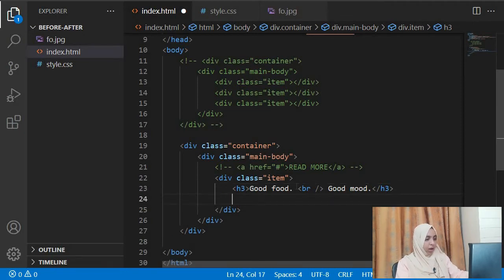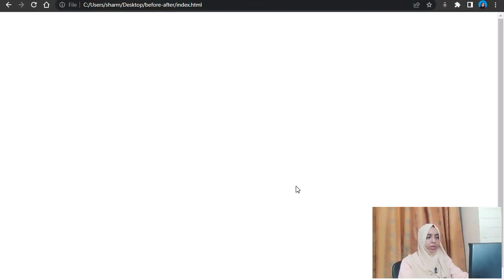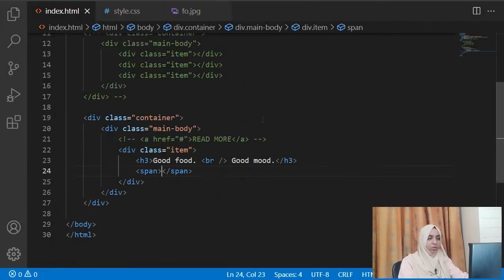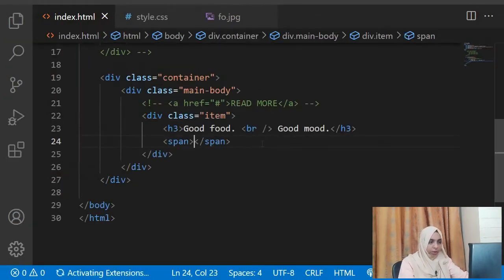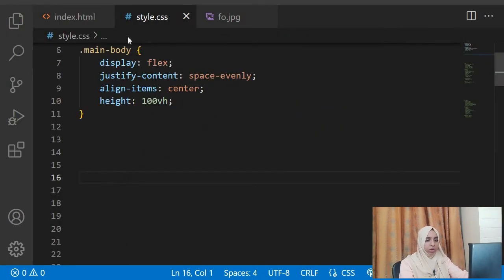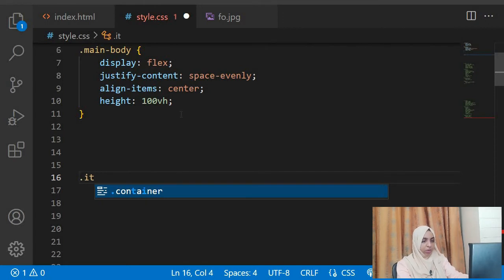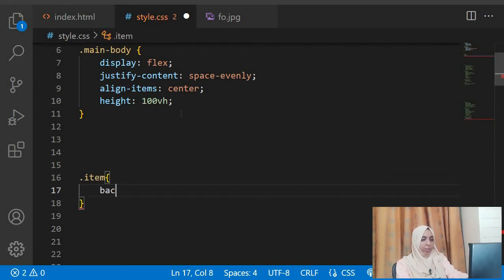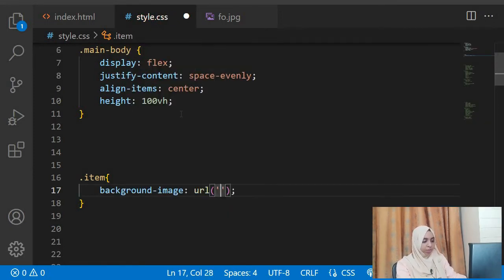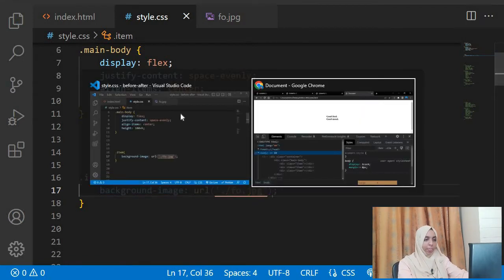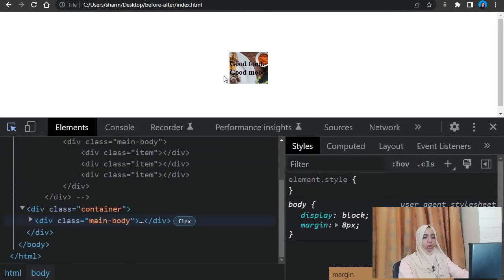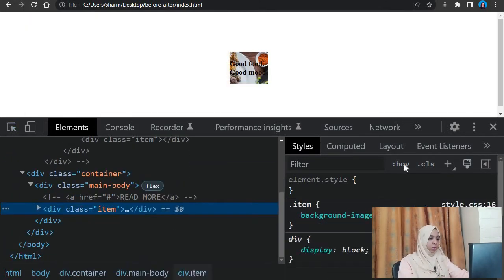Okay, and let's have an empty span. Alright, we refresh. You just see this good food, good mood, because we have to call the image in the background, this foo image, right? So let's use the inspect to do that, or maybe we can go into the style sheet and we can use the item div over here, and we can say background image, you say URL and /foo.jpg, and when you refresh here the image should appear, hopefully. Okay, good. We see the image here, but it looks so small.